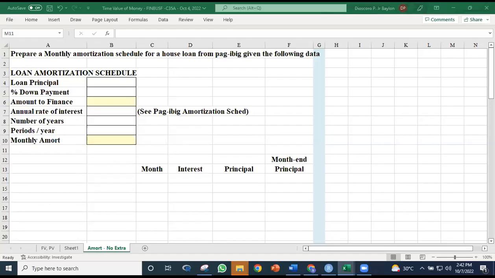Good afternoon. Today we're going to learn how to create an amortization table. So far, what we have learned is to compute for present values, future values. We have learned how to determine the annuity given a present value or a future value. And then we have learned how to use Excel to, in fact, compute for the rate, for the number of periods. And last meeting, what we did was to